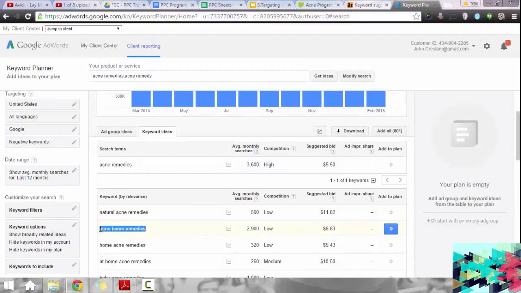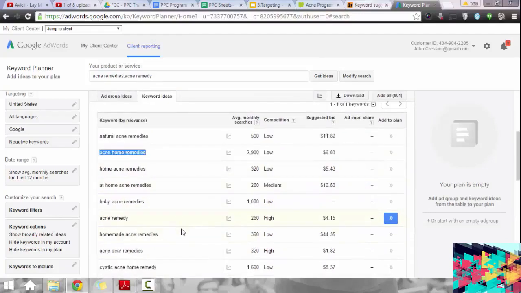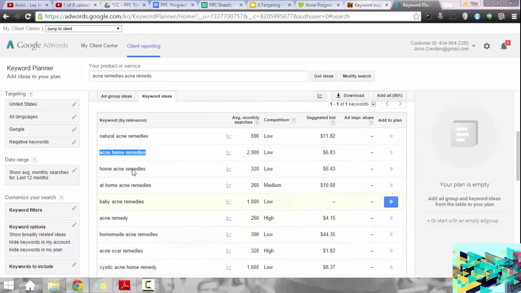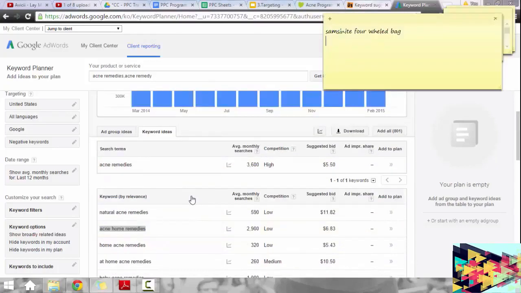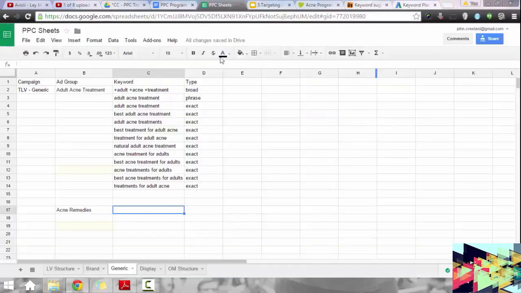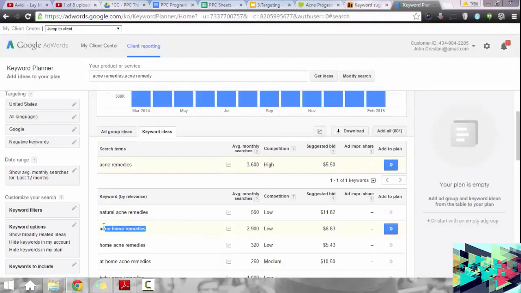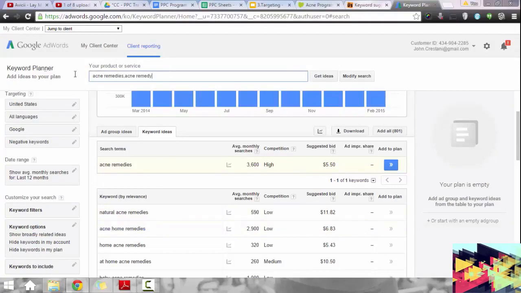So there are a lot of ways we can branch out from home remedies, acne home remedies. So homemade acne remedies. What I'm going to do is, because I like to start more specific rather than less specific, I'm actually going to alter my approach a little bit here. And since I'm seeing acne home remedies have so much search volume,